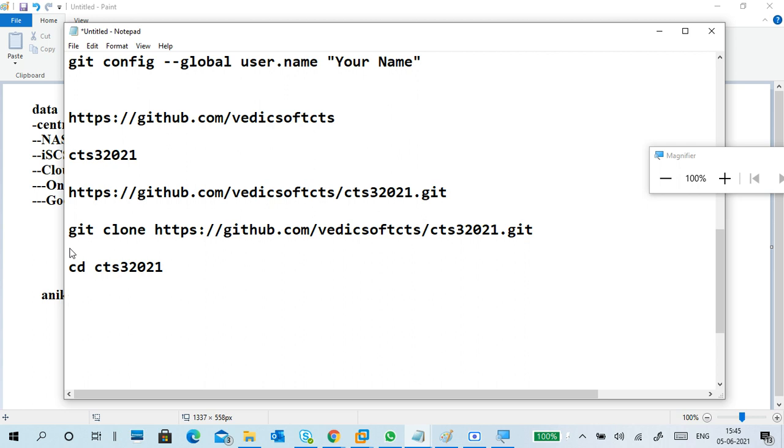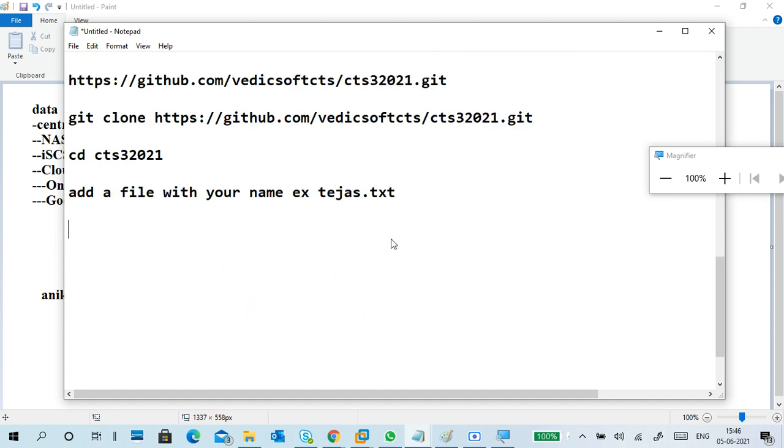Now you can add any file. So I'm telling you to add a file with your name or something, just one file. For example, Teja.txt, and put something inside.